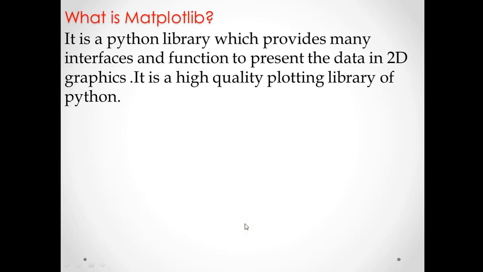Next, if we use data visualization, then what else do we need to do? We need the matplotlib library. Matplotlib is a Python library which provides many interfaces and functions to present the data in 2D graphics.